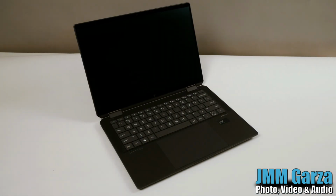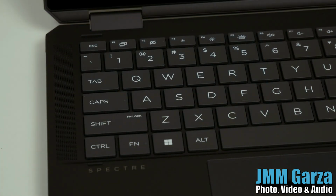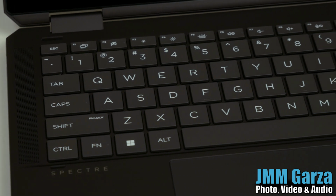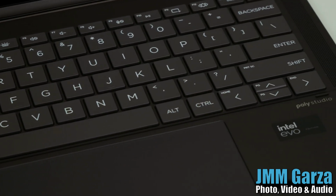So there's the laptop in one of its iterations. As a laptop, of course, it also goes into tent mode and other modes, tablet mode. Has a very nice, again, OLED screen, 14 inches, 2.8K OLED, 400 nits. I like it quite a bit. Excellent keyboard. I really like the functionality of this keyboard. It felt very good,